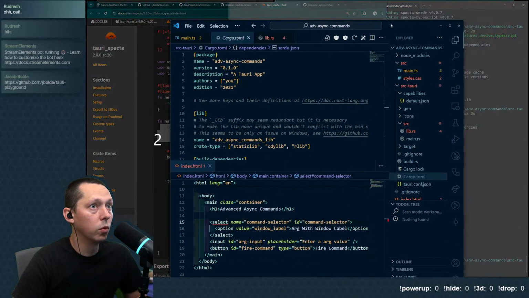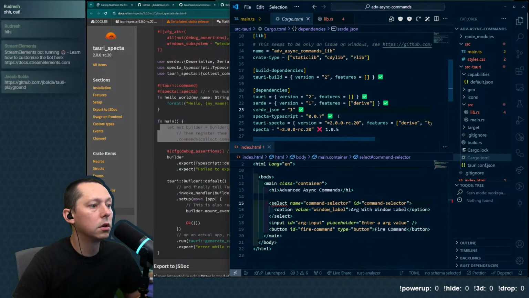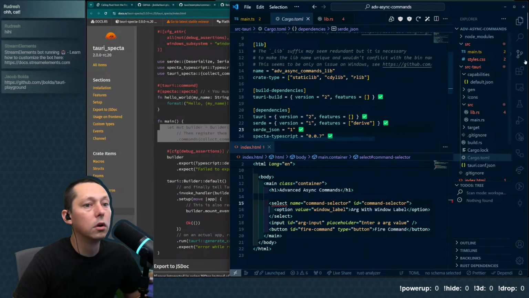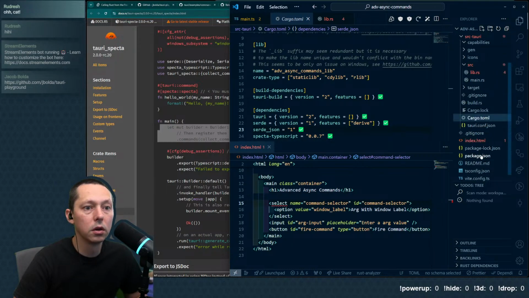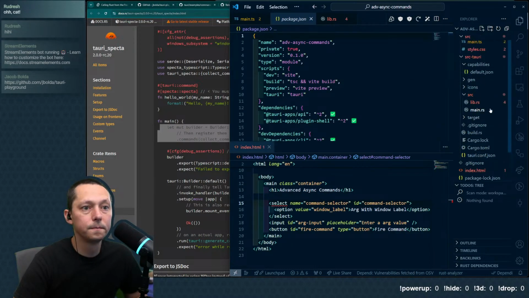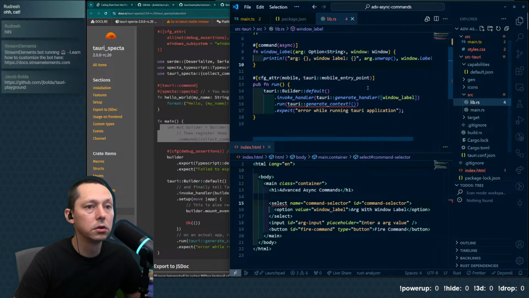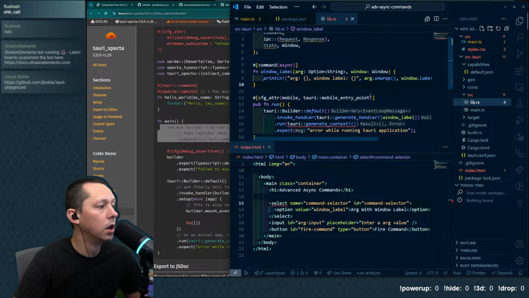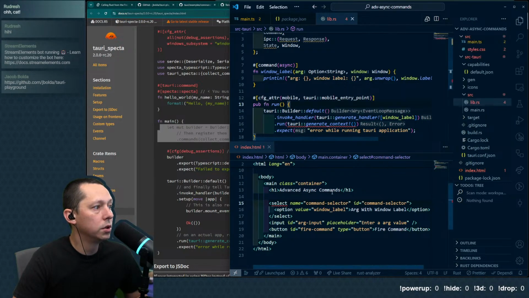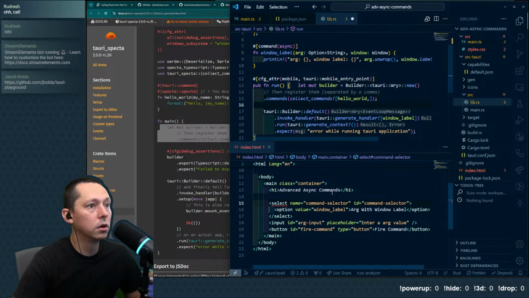I was wondering if we would need a server or something, because we don't have anything that's running the vanilla JS server effectively. So our run should have a let mut builder, commands, collect commands.